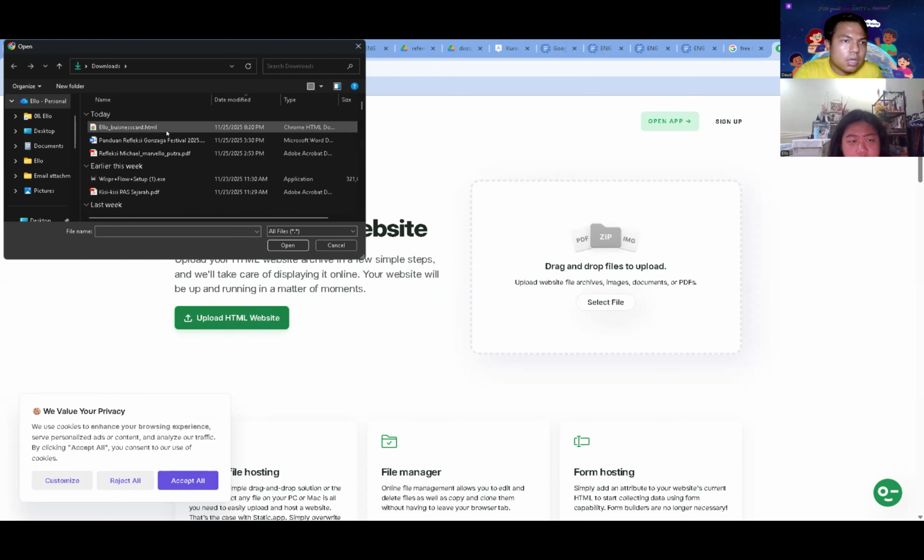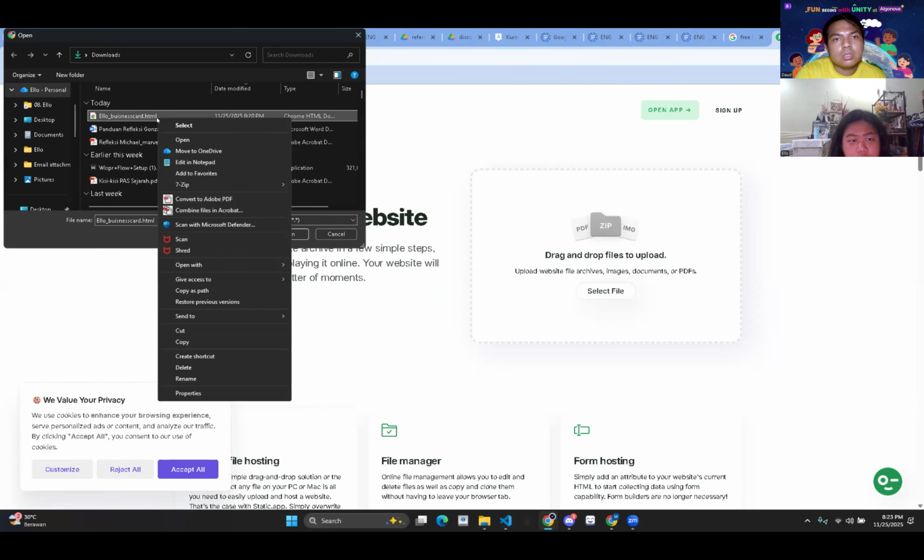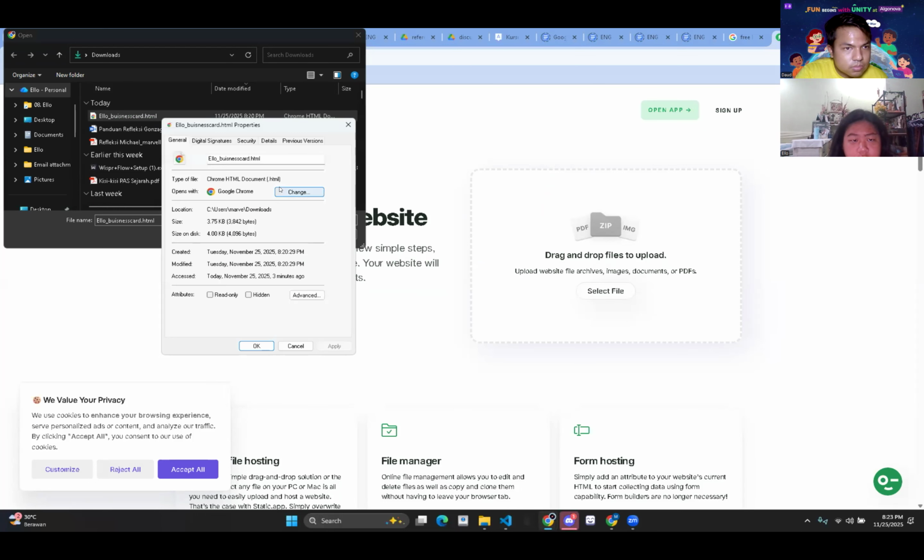Before you open it, you can right click and then properties in the file. I suggest you share all your script. Right click and then properties. It's already an HTML file.